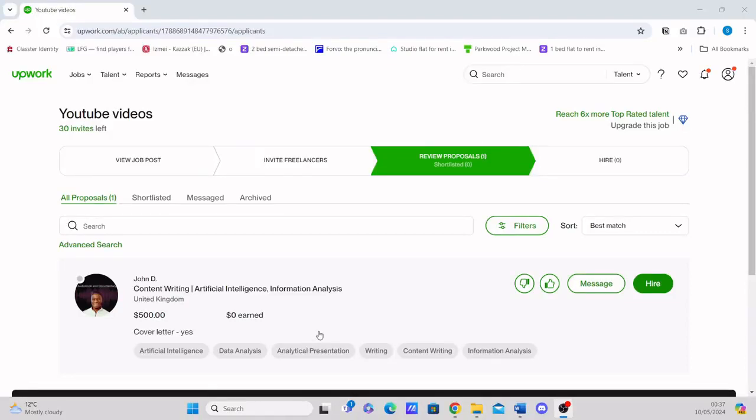Hi there. Today I'm going to show you how to select a milestone when hiring a freelancer on Upwork. So once you've posted a job and you've got a few proposals that you're happy with, select the candidate that you want, go to hire,